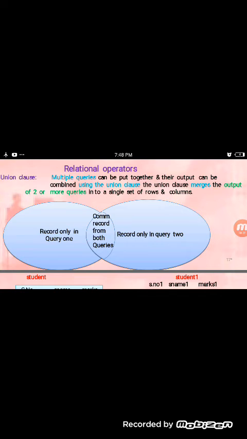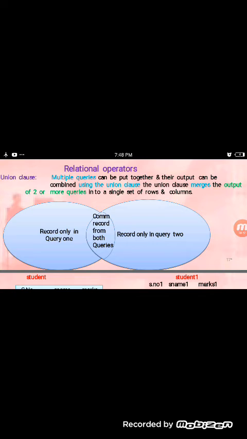The union clause merges the output of two or more queries into a single set of rows and columns.